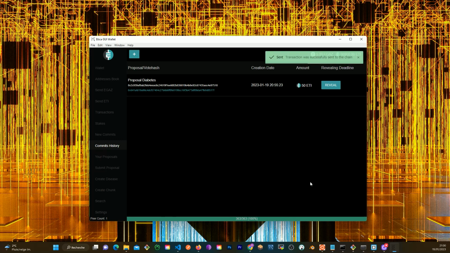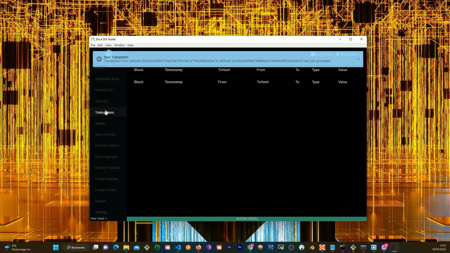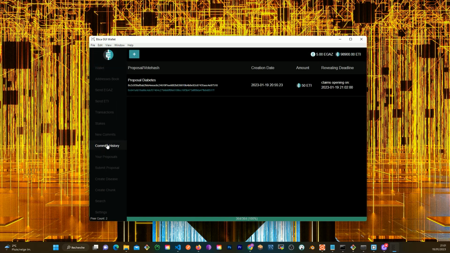And eventually the wallet will also be able to automatically reveal votes, without you having to go on this page and click on this button, provided you open the wallet at least one time during the revealing week. So now I have revealed my vote, and if I go back here, you can see that the wallet